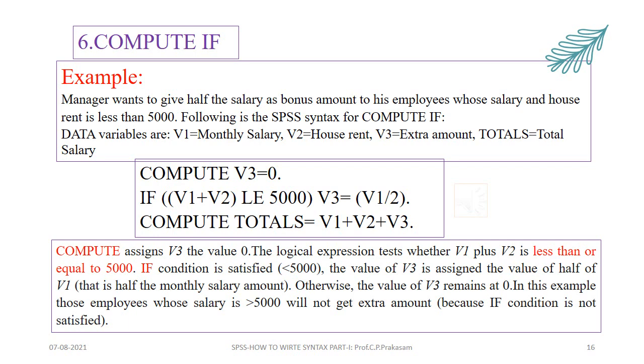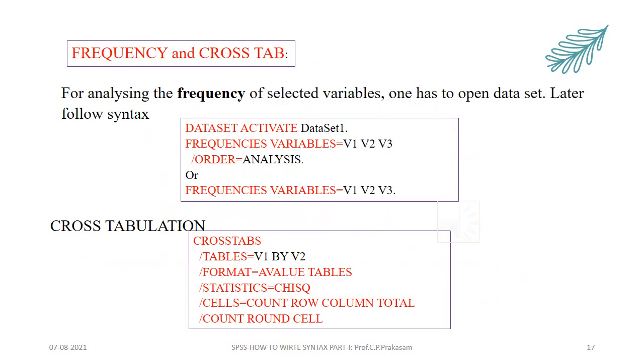That is called the target variable. Frequencies and crosstabs are the two commands which will execute the program and do the analysis. Earlier we gave assignments for coding and recoding, whereas in frequencies, if you just give a command and the variable, it will execute and the analysis work will be done.